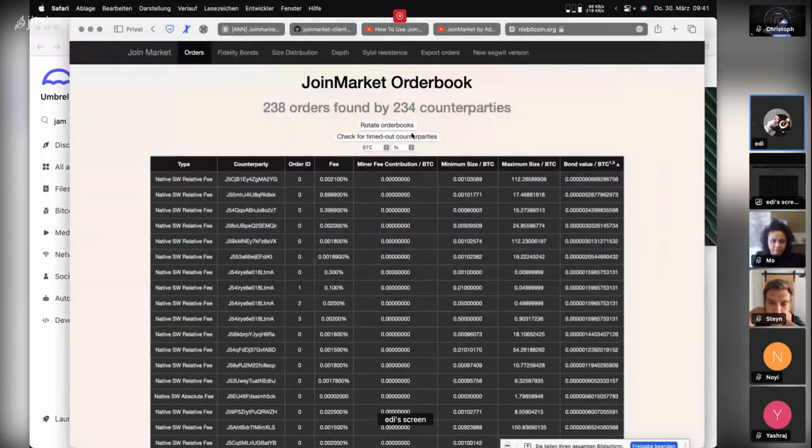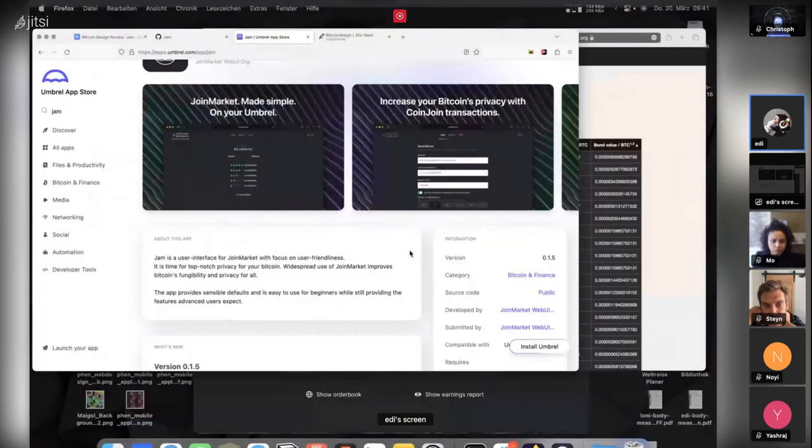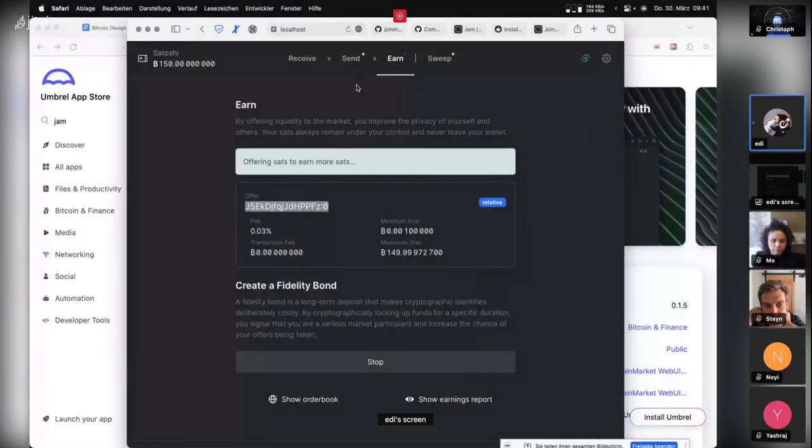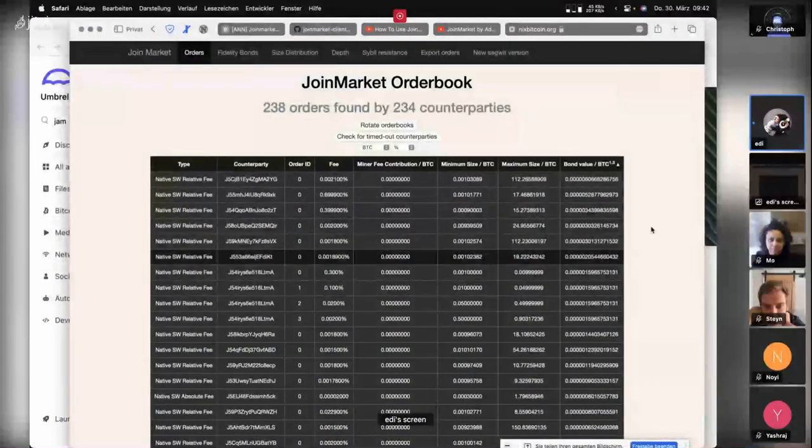wait a second, that are coming from the send part and deciding, okay, I want to have 8 collaborators. What is JoinMarket doing in the background? So JoinMarket is looking at the order book and picking, of course, your values. So your initial, how much do you want to be mixed, a coinjoin, and looking in the order book, but still is preferring the